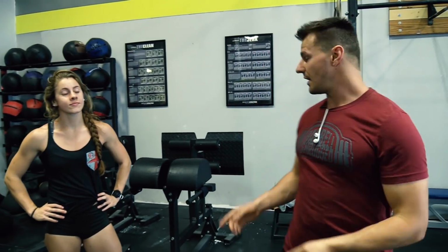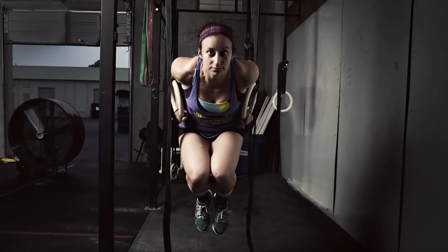Today we're talking about bent knee hip extensions on the GHD. I like bent knee hip extensions on the GHD for a lot of reasons. It's not so common, especially in functional fitnessy gyms, to do a lot of terminal hip extension work. There's a lot of hinging, there's a lot of squatting, etc. And those are great movements, but they don't really work on the end-to-end range hip extension, and specifically beyond that,